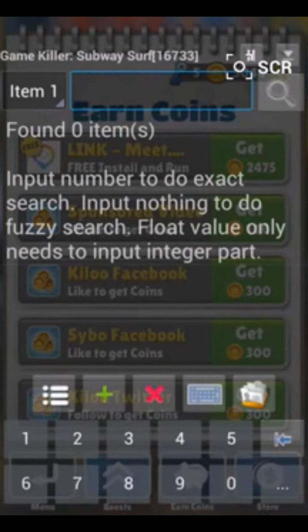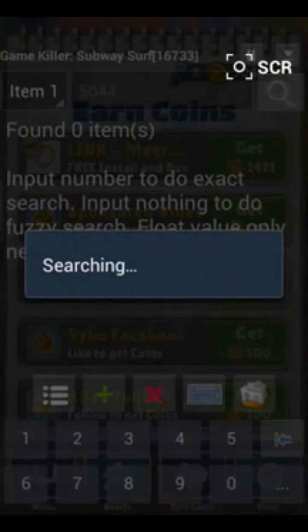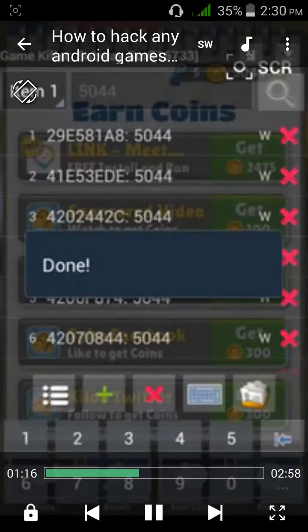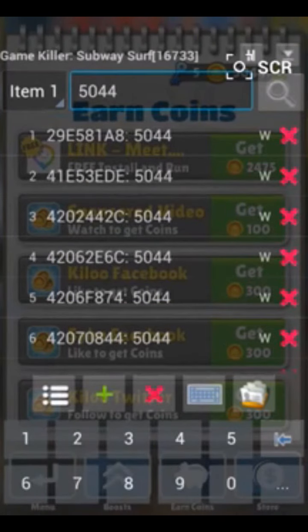Open the Game Killer and enter the money you have, and I have 5,044, and search auto identify. Searching, it's searching. So let's get back to the game,